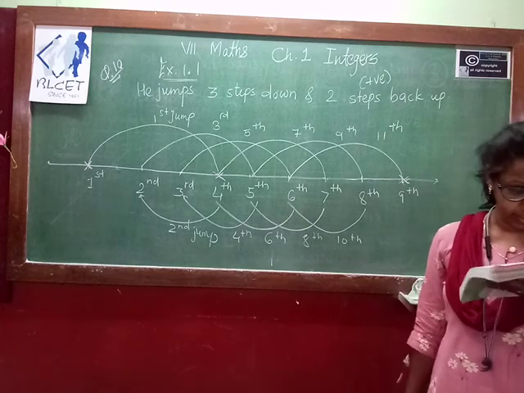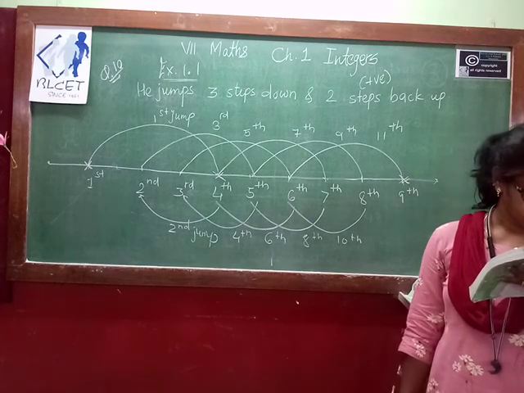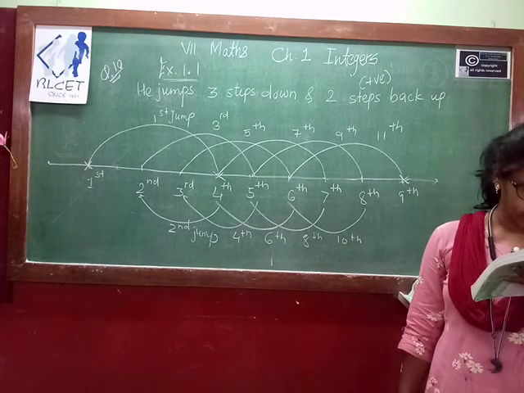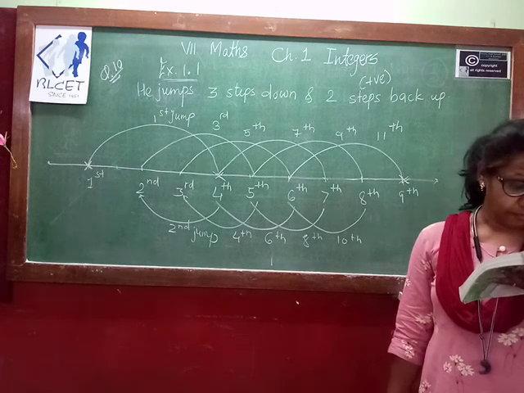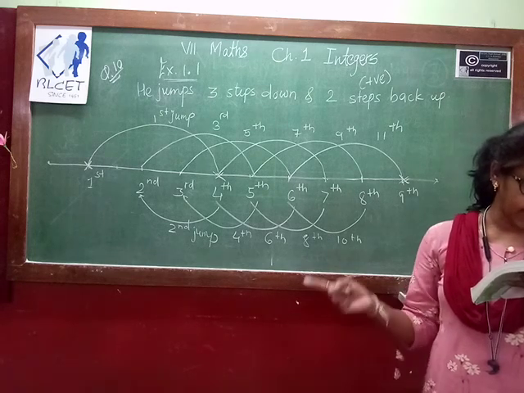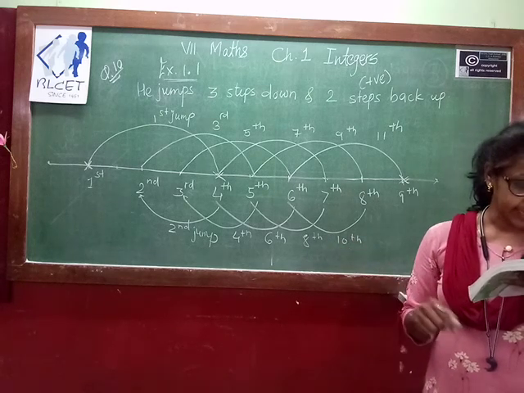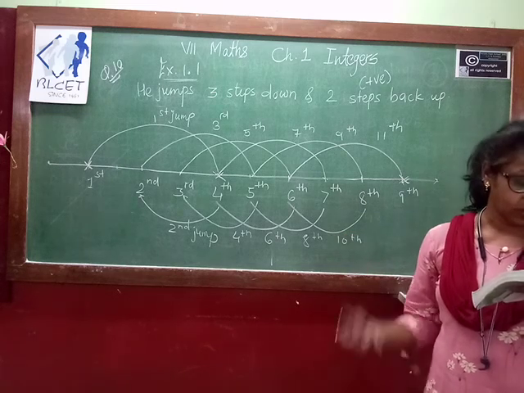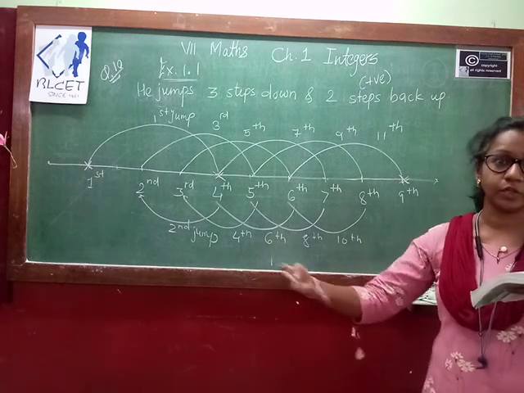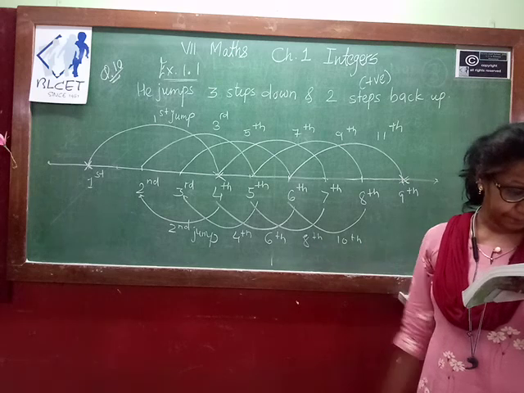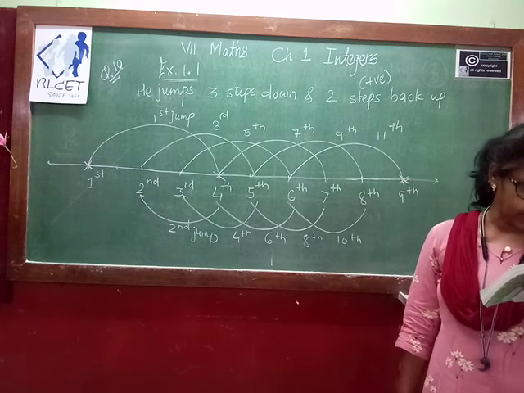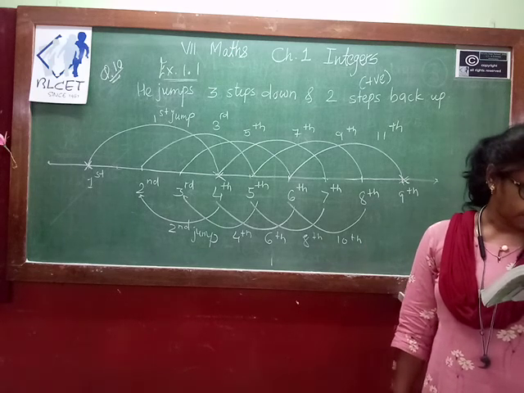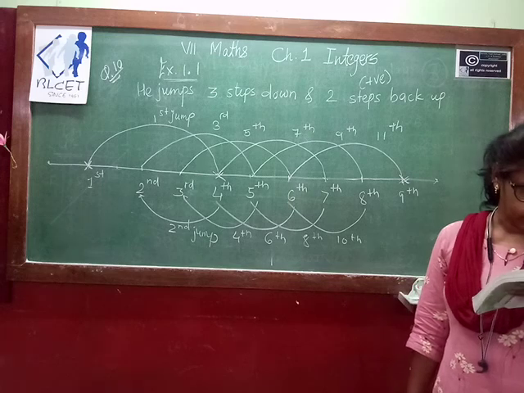Okay, now what is the second question? After drinking water, he wants to go back. For this, he jumps 4 steps up and then jumps back 2 steps down. In every move, that means 4 steps forward, 2 steps backward. So in how many jumps will he reach back to the top step?